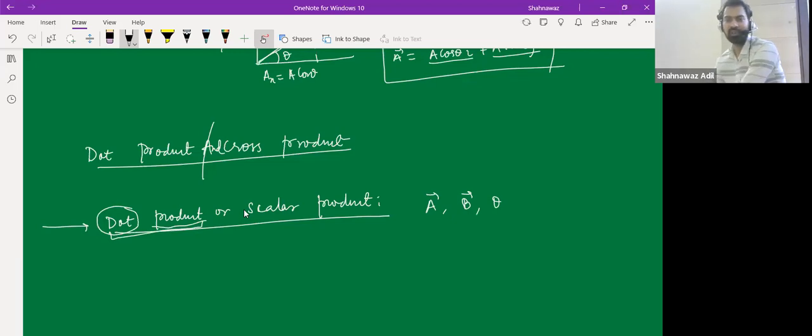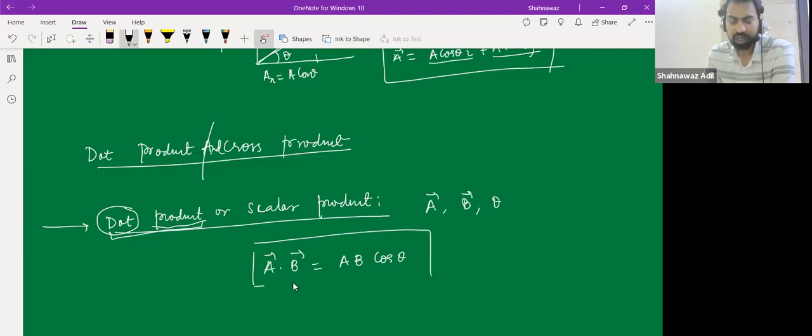Whenever we multiply two vectors and we get a scalar, that is called the dot product. Mathematically it is represented as A dot B, and this is AB cos theta. And we saw that if the vectors are in the Cartesian form,